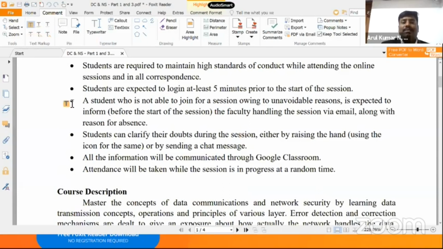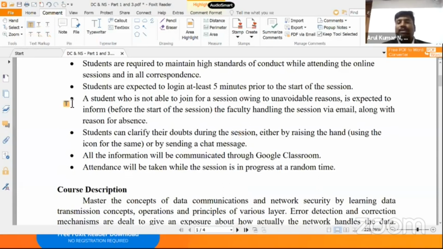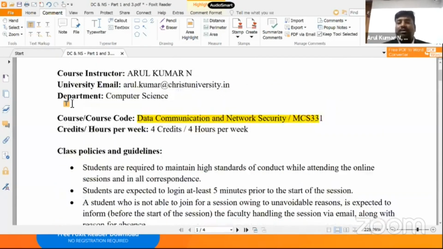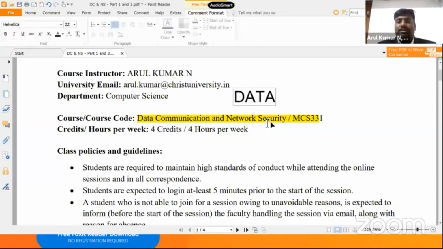I'm editing a PDF file through Foxit PDF Reader. It is not a converter which helps us, it is a PDF reader which helps us. I can even type some information. For example, today's date is 11.06.2020. See, I'm typing in a PDF document. This is the beauty of this particular software. Once you press save, it will be saved.